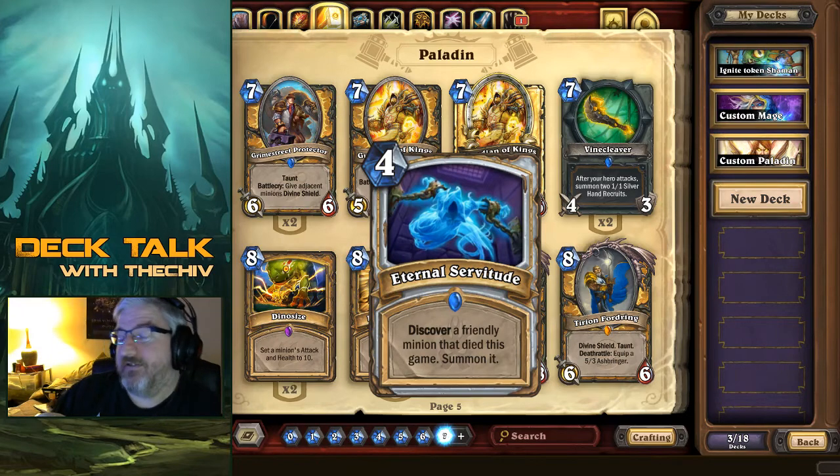But all in all, I think this is a great card. It's definitely something I see being pretty valuable in, say, a Quest Priest, which makes a lot of sense since you're using a lot of Deathrattles to begin with. And being able to accelerate to complete that quest earlier makes a lot of sense. All right. Moving on,